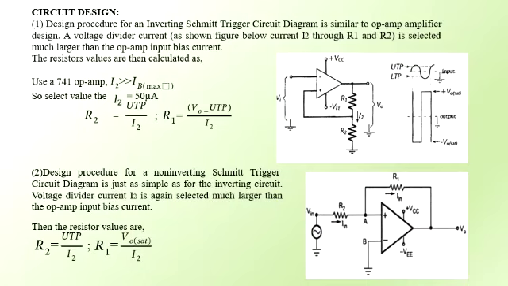Two problems we have solved in the examination also. One problem is the difference between LTP and UTP. Given the threshold voltages VUT and VLT, we have already discussed this in the practical lab, where VUT equals plus or minus 2 volts, that is VUT equals 2 volts and VLT equals minus 2 volts. You already know that practical discussion.